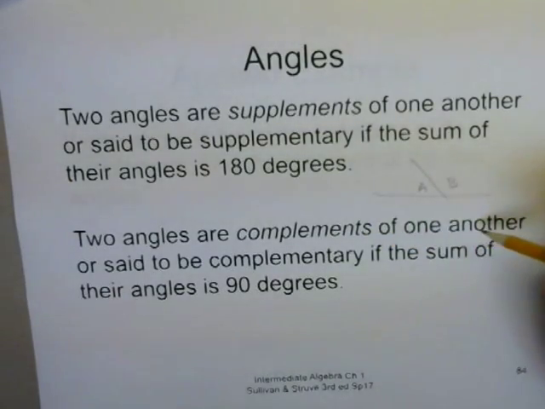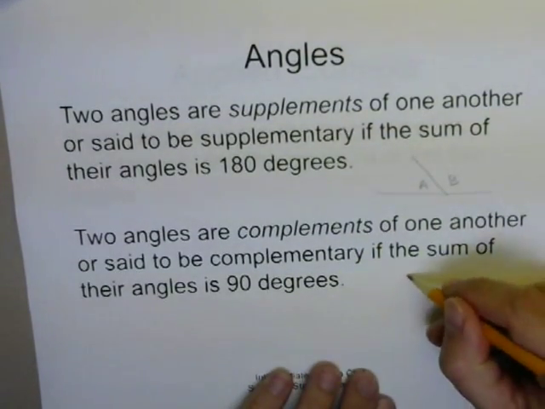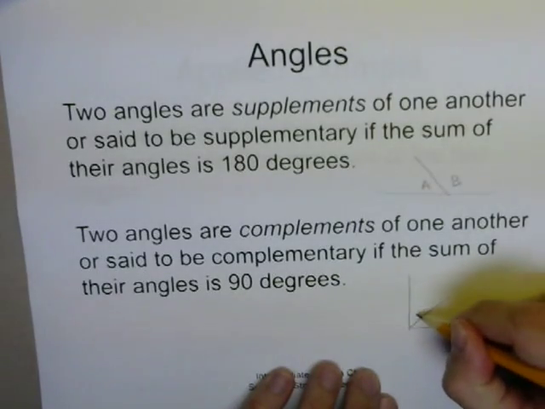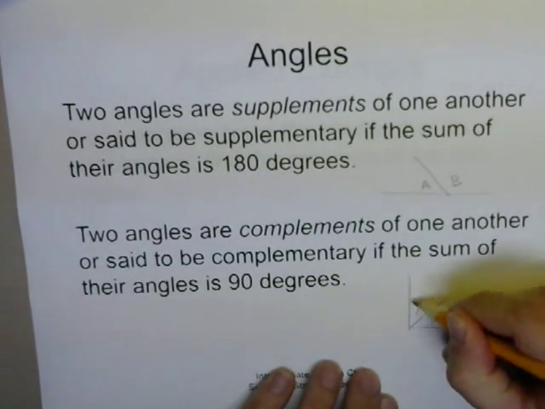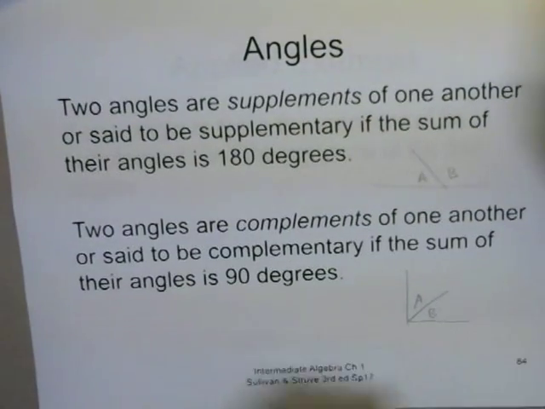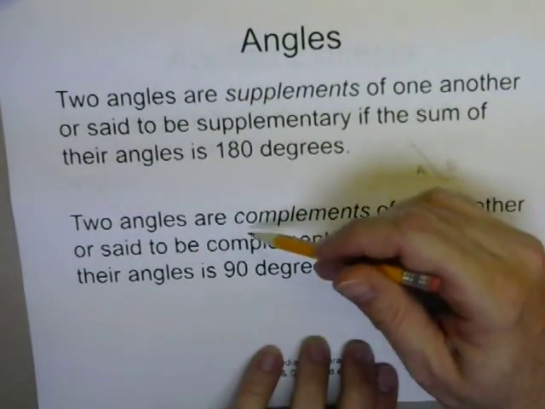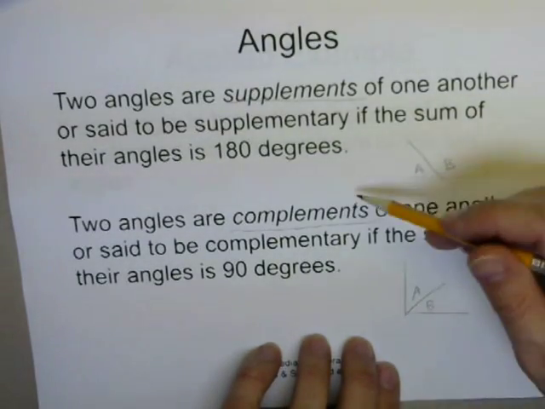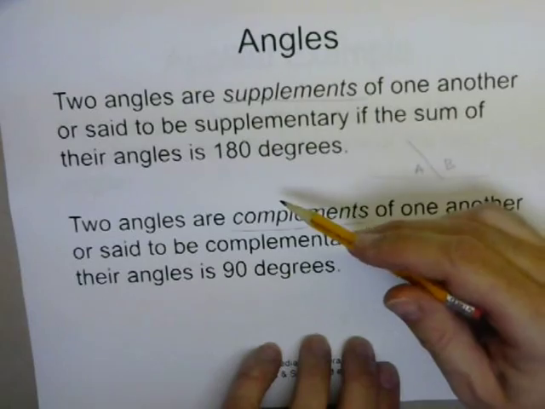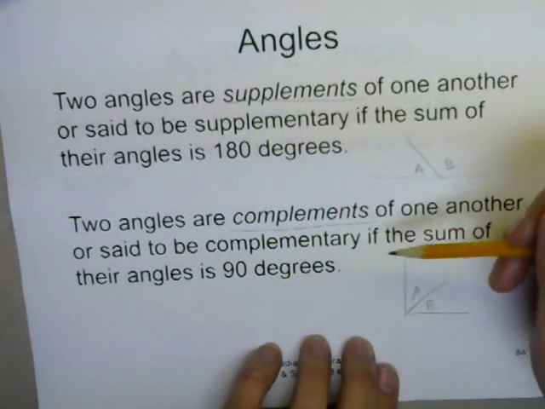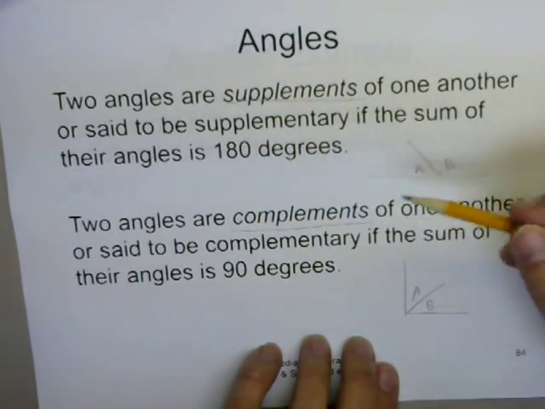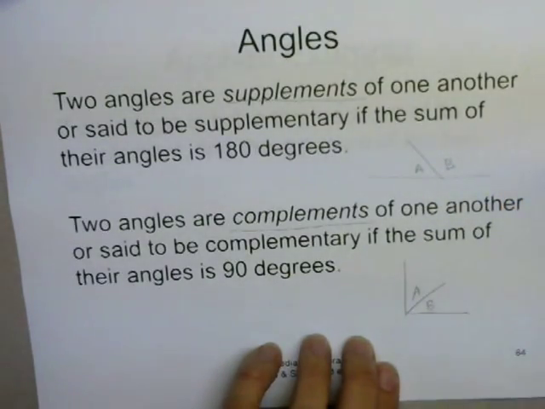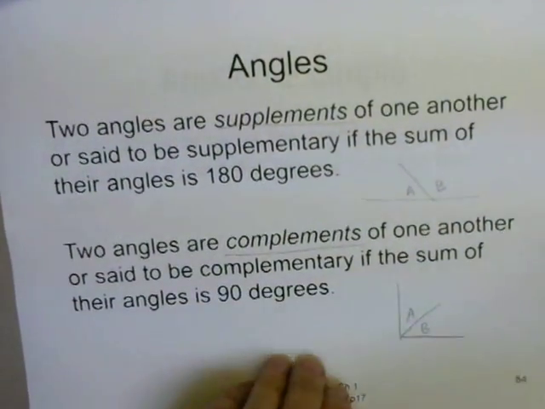Two angles are complements of one another, or complementary, if when you add the angles together you get 90 degrees. For example, if you have two angles A and B that add up to a right angle, or 90-degree angle, those two angles are complementary. It's hard to remember the definition of these two, so you can write these definitions down on your formula sheet so you don't forget. One student had a mnemonic device for remembering this: C comes before S, and 90 degrees is less than 180 degrees. I don't know if that helps you remember that or not, but anyway,